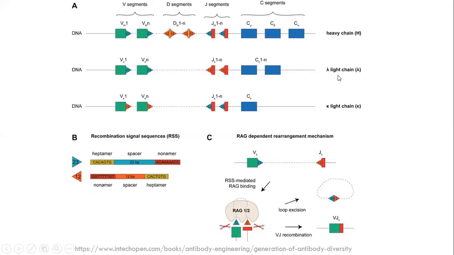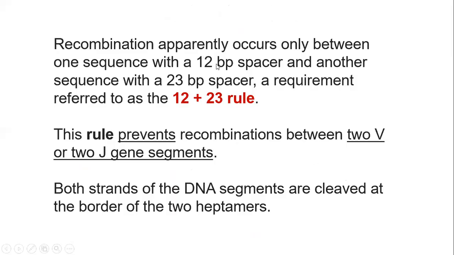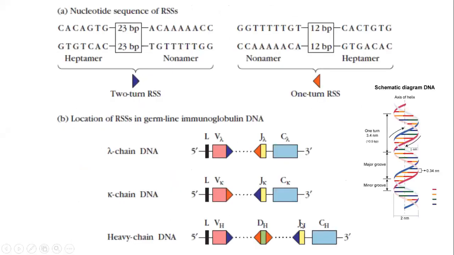And then the heavy chain and then the K chain here. So based on the number of chains, you will have a different rearrangement. Probably we will talk about that in the next class also, because we're going into the last 2 minutes. So what is this RSS signal? Heptamer, nonamer, in between a spacer. In the spacer, we have the 12/23 rule. So basically, a 12 base pair spacer can only combine with a 23 base pair spacer. I think we may not cover that in the present class, but bear with me.